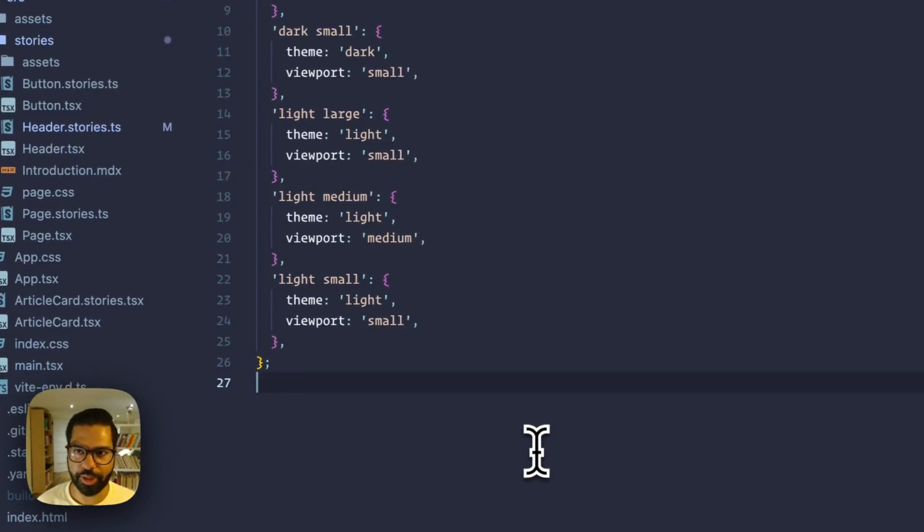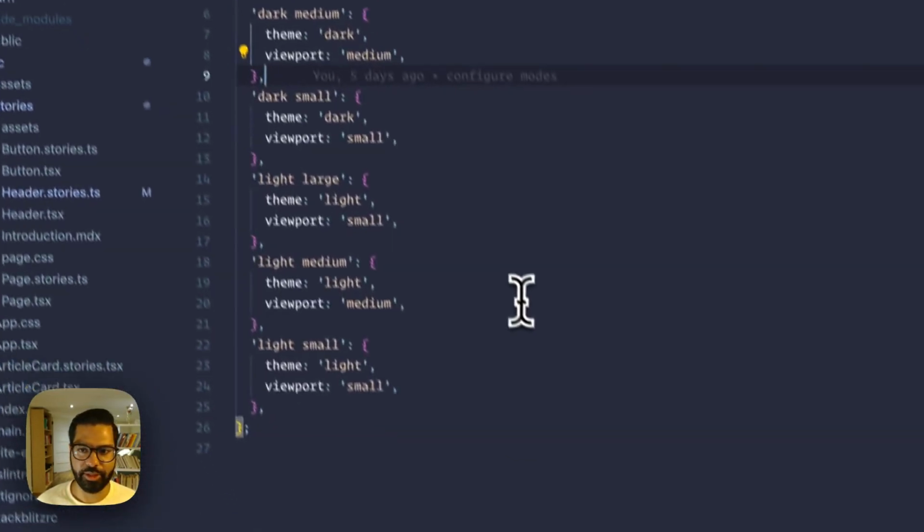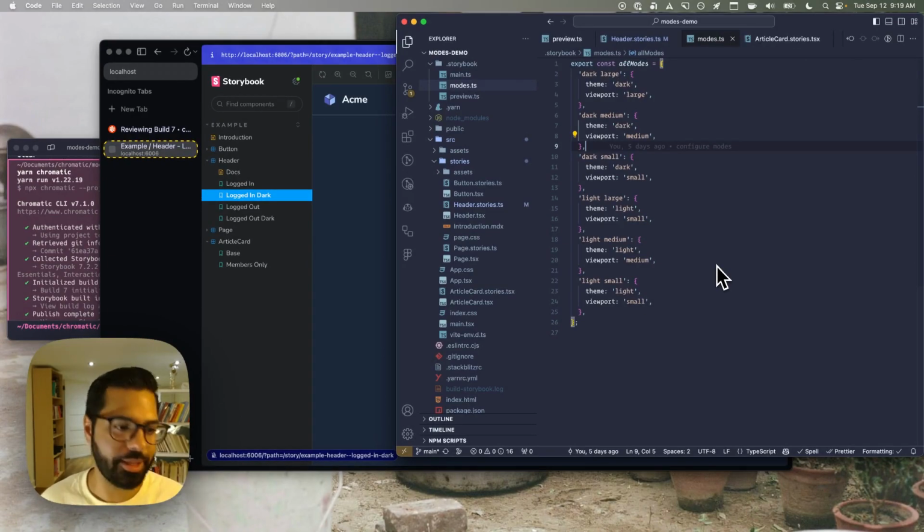Now, when you define a mode, it's totally up to you how you want to name it and which global you want to configure within it. You can configure as little as one global, or you can combine multiple globals together to create more complex combinations. Once you've defined these modes, we can apply them at the project level, or the component level, or the story